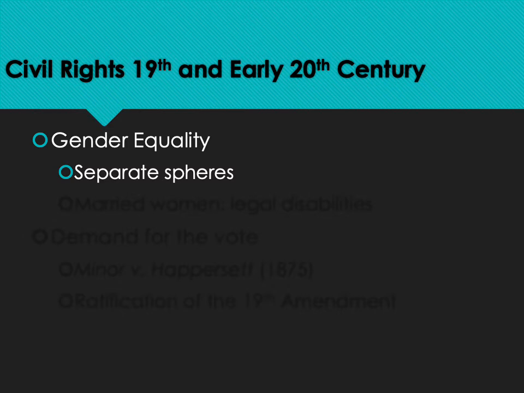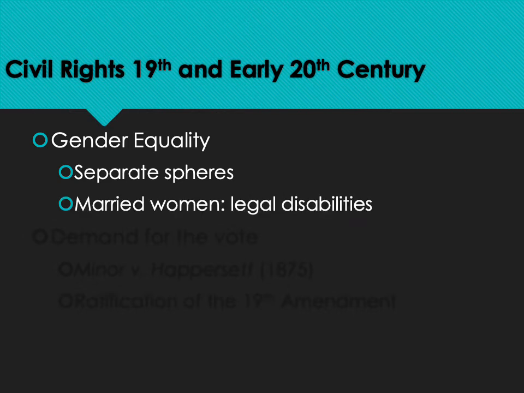And that the role of law was to provide this protection from women from being involved in politics or any other sort of civil activities. There was also a sense that once a woman got married, that she lost her legal rights. They were called a woman's legal disabilities. So once a woman married, all of her legal rights were transferred to her husband. And that was seen as a reflection of this sort of separate spheres, that women maybe didn't have the expertise or the intelligence to be able to deal with legal matters. And so those legal issues were transferred to their husband.